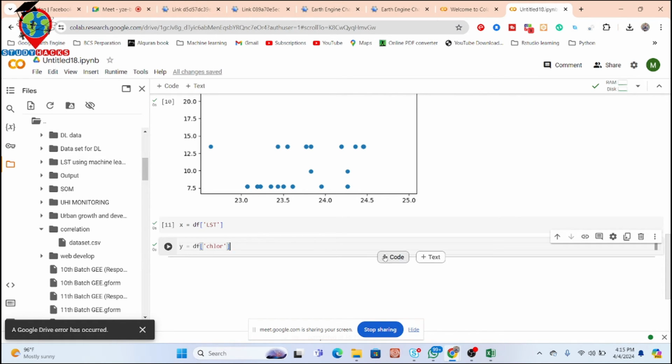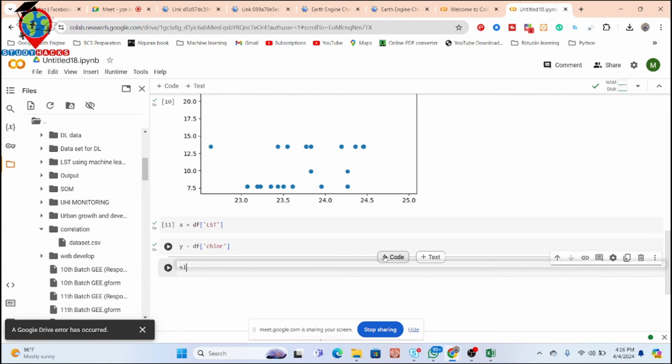I take a new cell and put: calculate the slope, then intercept, then R value, then P value, and also calculate the